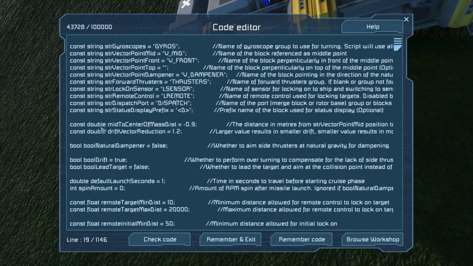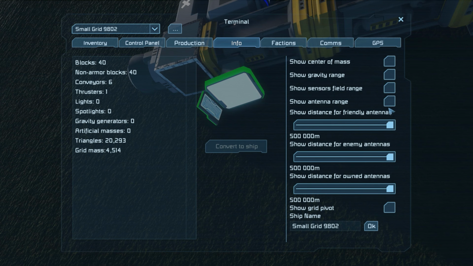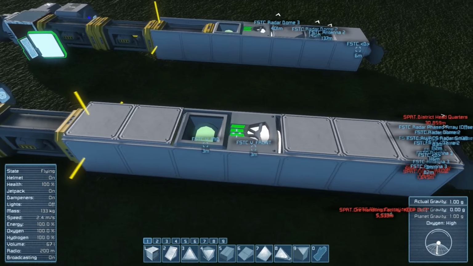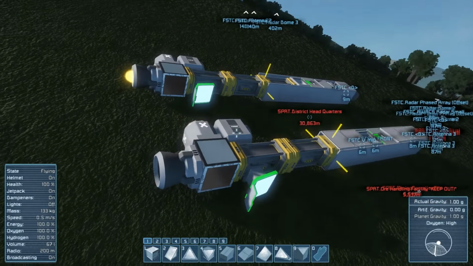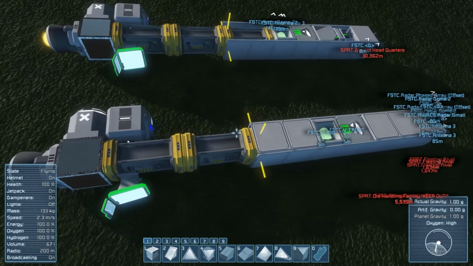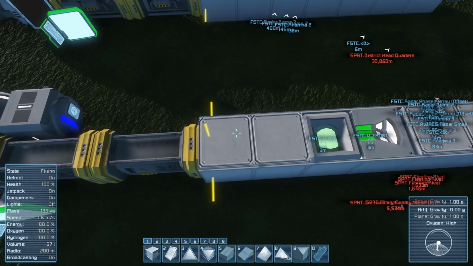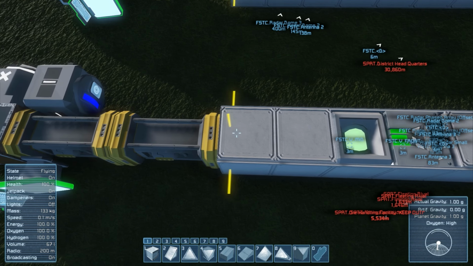As for other settings, we have this mid to center of mass distance. If we look at our center of mass, you'll see it's down here, and the mid center of mass is right here. As the script adjusts the angle, what it calls drift, to compensate for not having any side thrusters, it needs to know where the center of mass is. So we say this is about 0.9 meters,